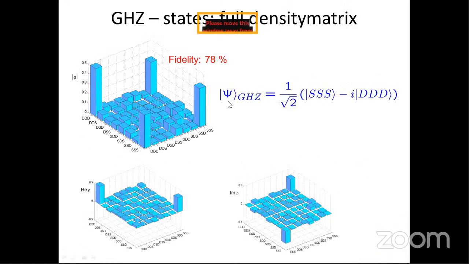And then the way you characterize all these states is by building a density matrix. So this is a density matrix. As you can see, these bars here on the 4 corners are DDD and SSS, and you have to read it by looking at the overlap of the SSS and DDD states, and in this case it is SSS and SSS states overlapping. So that is the density matrix here. This is the real part and the imaginary part. Now these are very fragile.